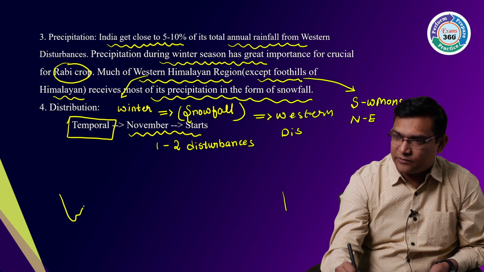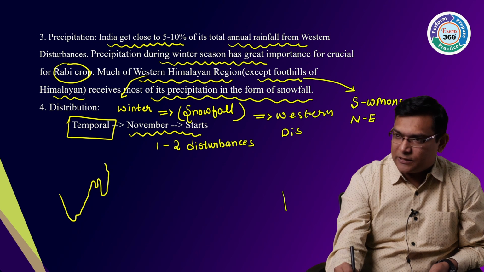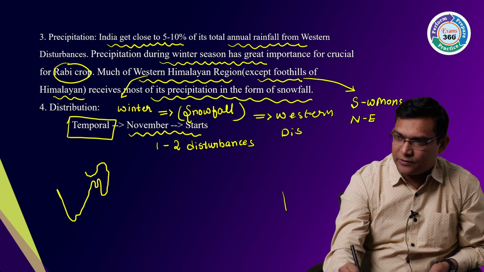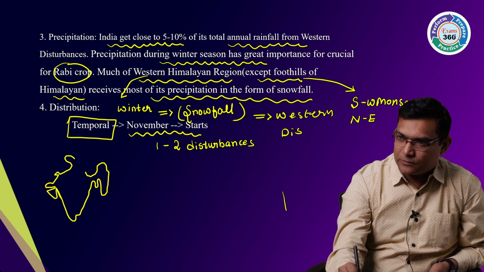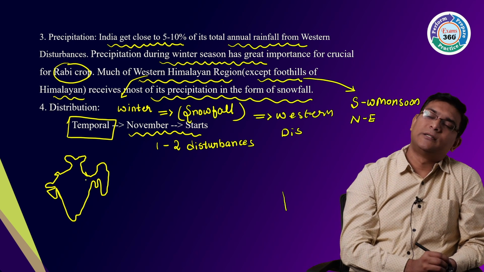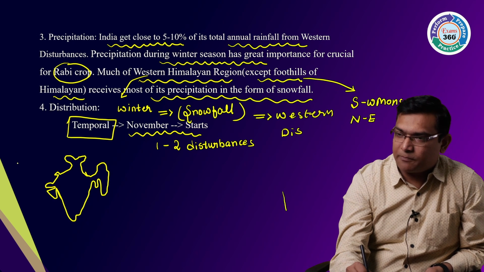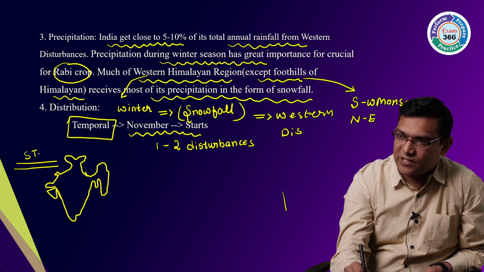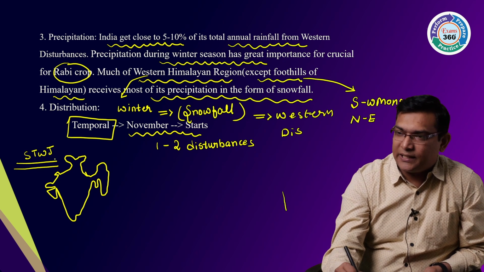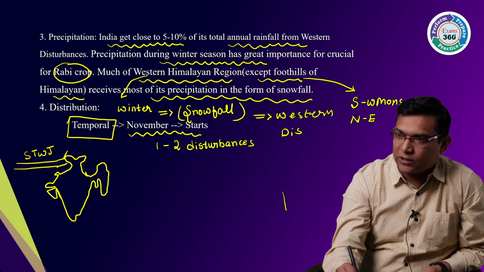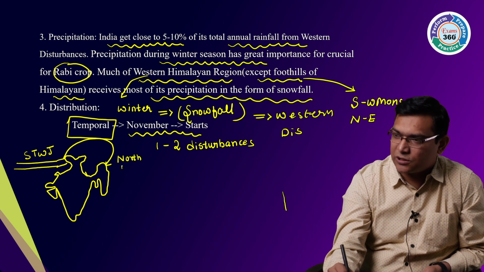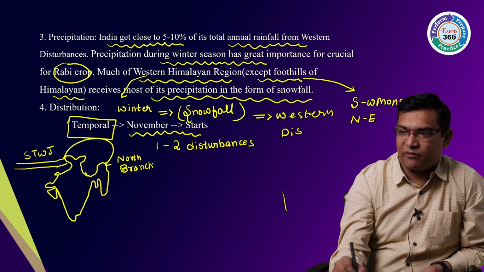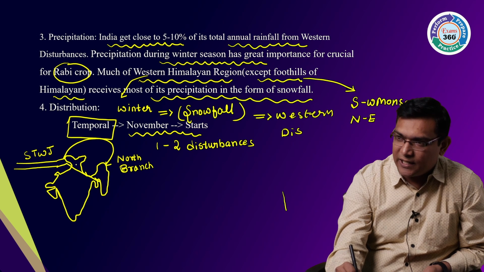This is your map, this is your India, right? So what will happen? Generally the subtropical westerly jet streams drag and collide with the Himalayas. The northern part will go and reach the northern branch. This is called the north branch of subtropical westerly jets, and the southern branch will move towards India,